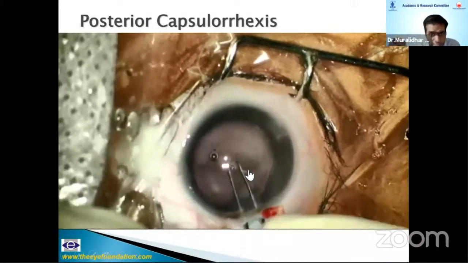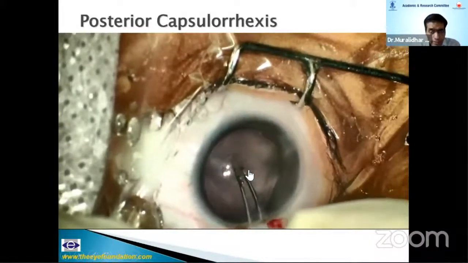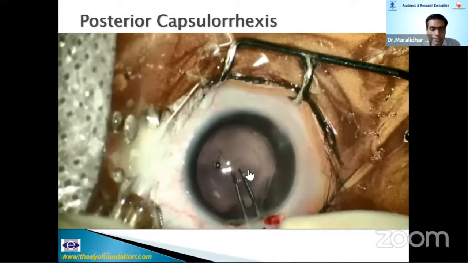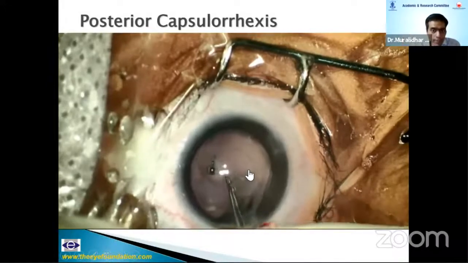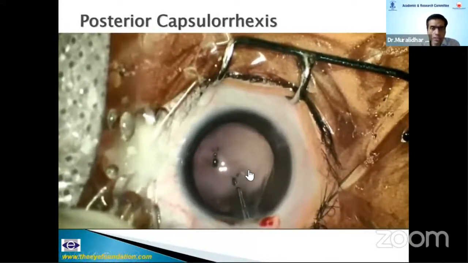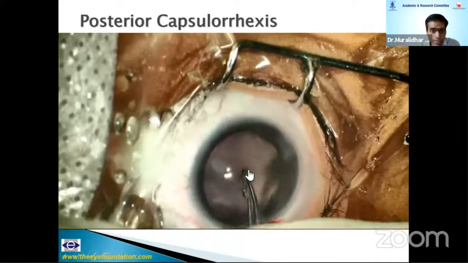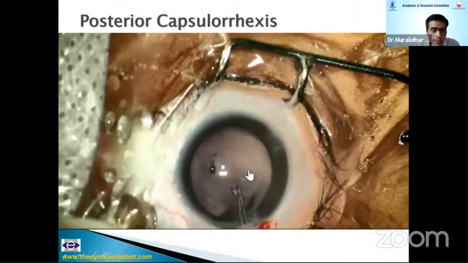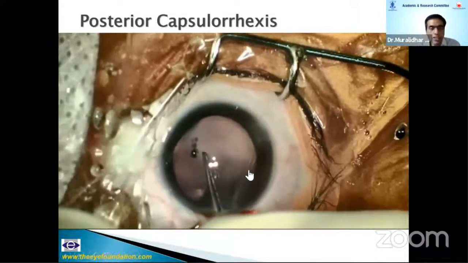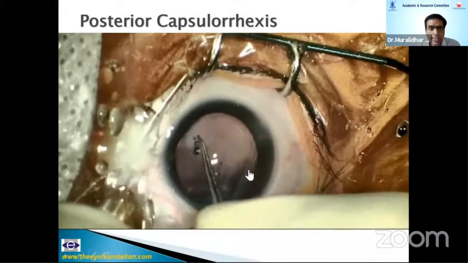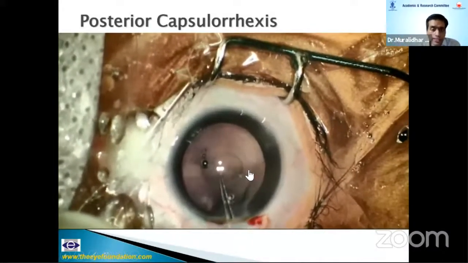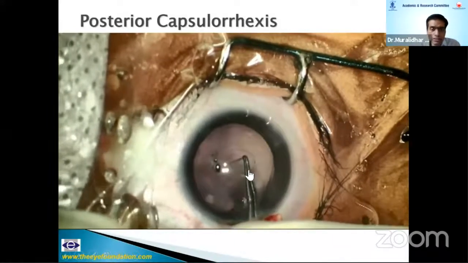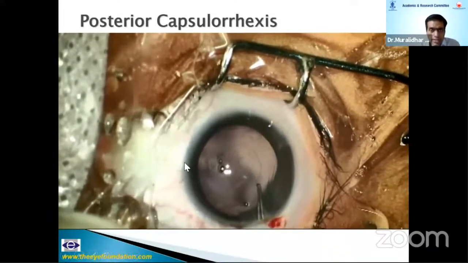So posterior capsular rhexis is slightly easier because the capsule is not that elastic. You have to do a sideways puncture. Try not to get vitreous disturbance, because if you get vitreous disturbance, the rhexis becomes a little complicated. I do it before IOL implantation when I'm implanting a single piece IOL. And I do it after IOL implantation whenever I do a 3-piece IOL, because 3-piece IOLs, whenever you use an injector, they turn in the anterior chamber and sometimes they can rip the rhexis, and that causes a lot of trouble.